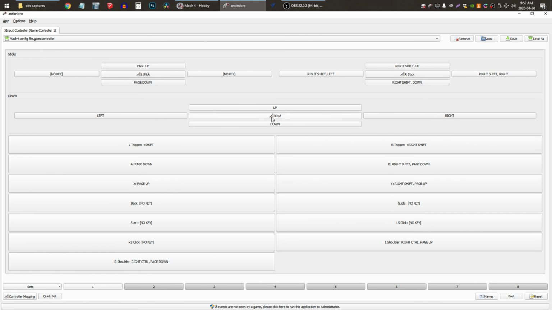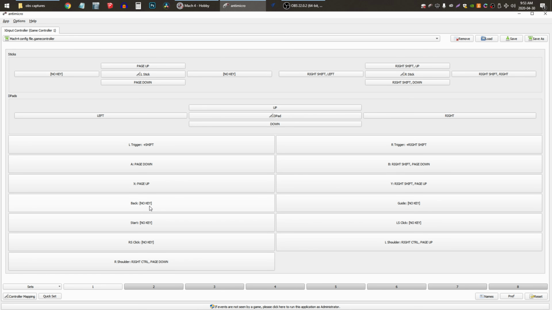So for example, this section right here is the D-pad, the directional pad. Obviously left, right, up, down. I mapped those to just the regular arrows, and then I have over here my left joystick, which I have mapped but I don't use. I have it to the Z-axis, up and down. And then on this right side over here is my right joystick. As you can see, what I mapped to it. So there's a very easy way to set all of these